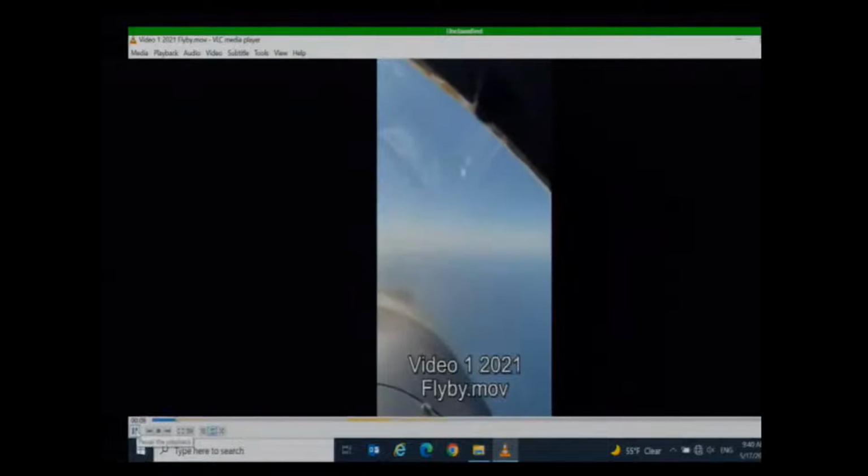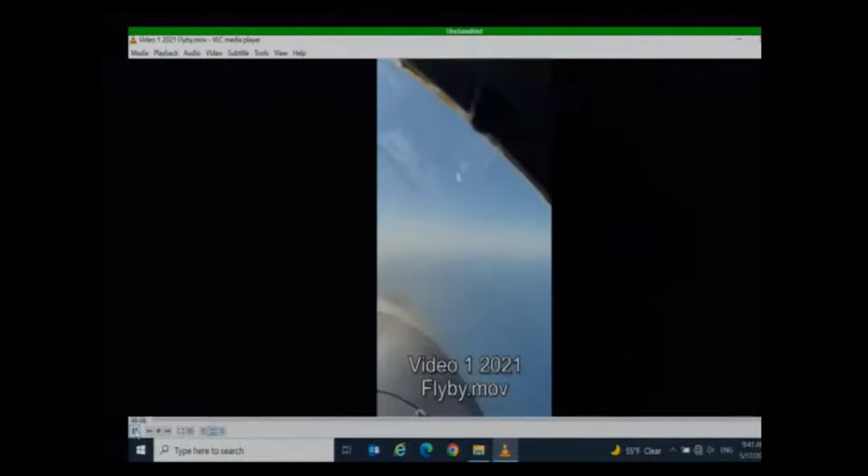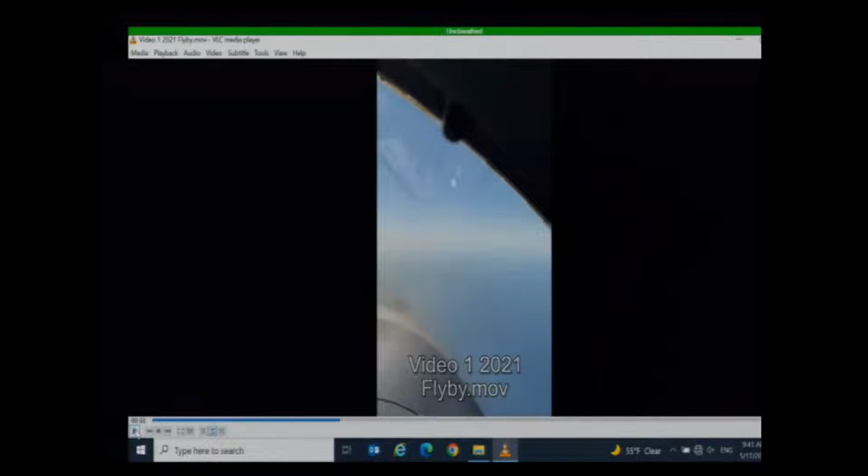Here's what you'll see coming up right here. There it went. Now back up just a spherical object right here. It zooms by the window right in this area. There we go. Could you see that part right there again going by? I think we're having a hard time stopping it in the right spot.